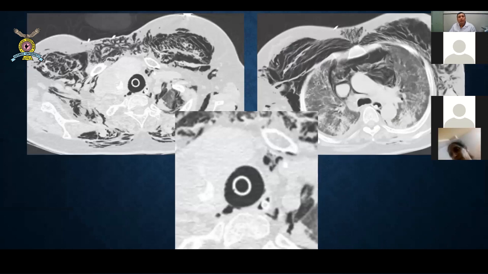Sometimes you may see damage to the alveoli or damage to the trachea. It may be iatrogenic trauma during intubation or during excessive mechanical ventilation, and you may see extravasation of air in the soft tissue or in the mediastinum. In this case, if you see, a lot of air is present in the subcutaneous tissue of the chest, in the muscle fibers, even in the mediastinum, the anterior mediastinum around the vessels. So this is a case of barotrauma. And if you see carefully, there is a break in the right posterolateral wall of the trachea. So this is iatrogenic injury to the tracheal wall.